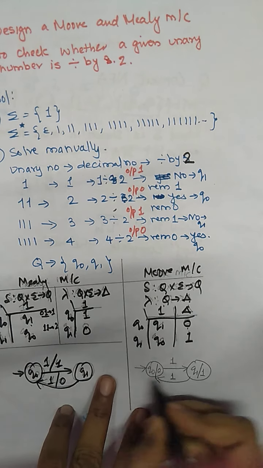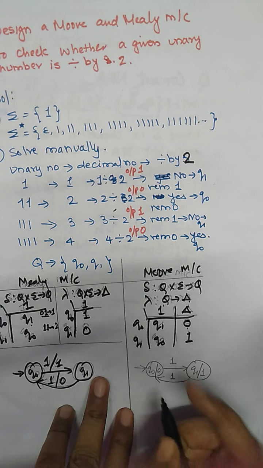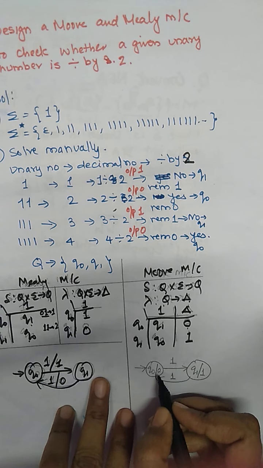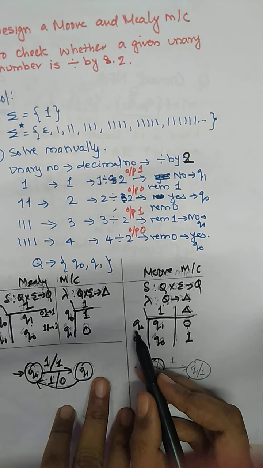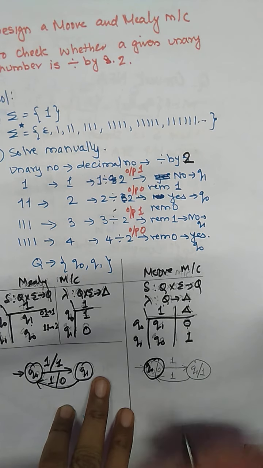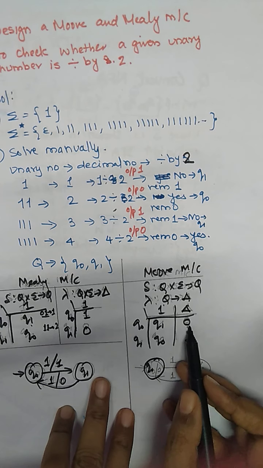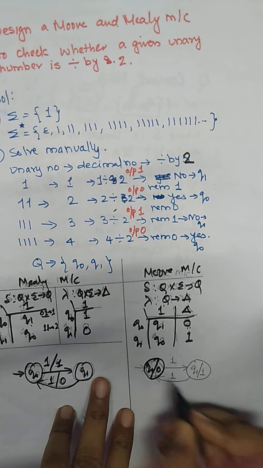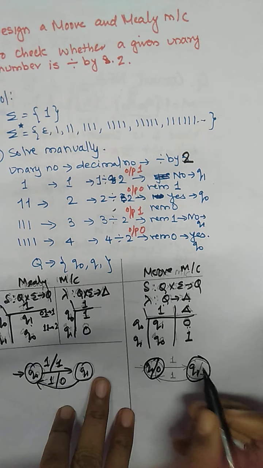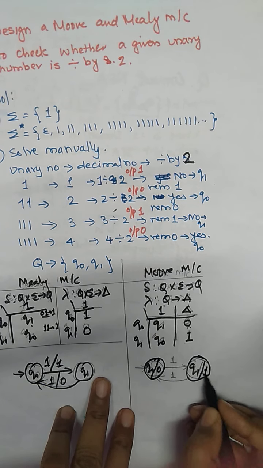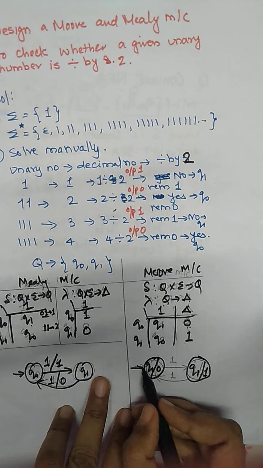Now we have to jump to the state transition diagram of the Moore machine. Before writing anything, what we have to do? We have to find out the states. So we are having state Q0. Before writing anything, Q0 and the output. So output is written here, /output 0. And next state is Q1. Q1 with the output. Where is the output? Output is here, so /1. Now Q0 we have to mark, which is the initial state.